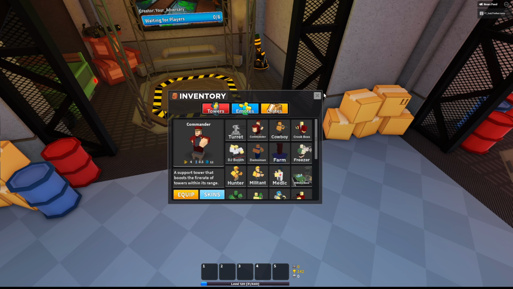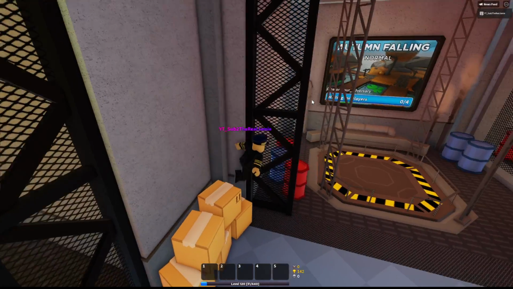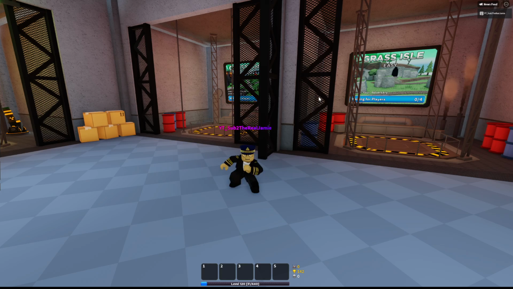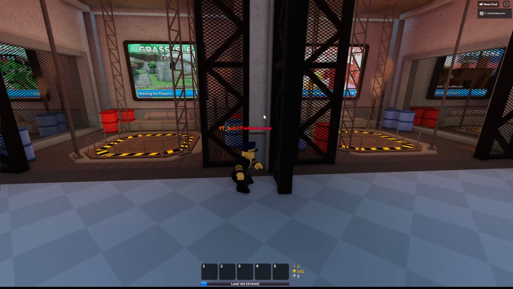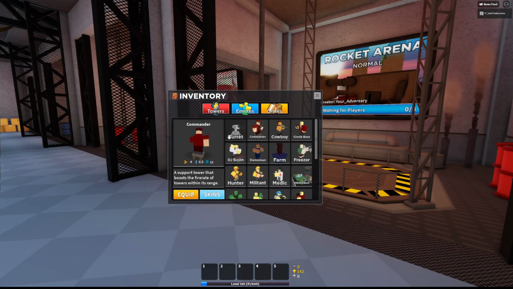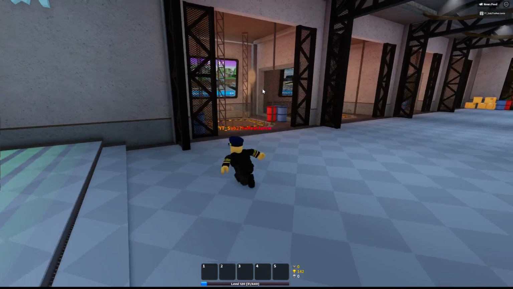Alright, next up, Commander. Now, this is a pretty solid tower, guys. Even though it got nerfed a while ago, where it went from doubling the fire rate to now doing it by 55%, this is still a really helpful tower. I'm going to give it an 8 also, like turret. I think it's really good, but the other thing is that Commander does not have